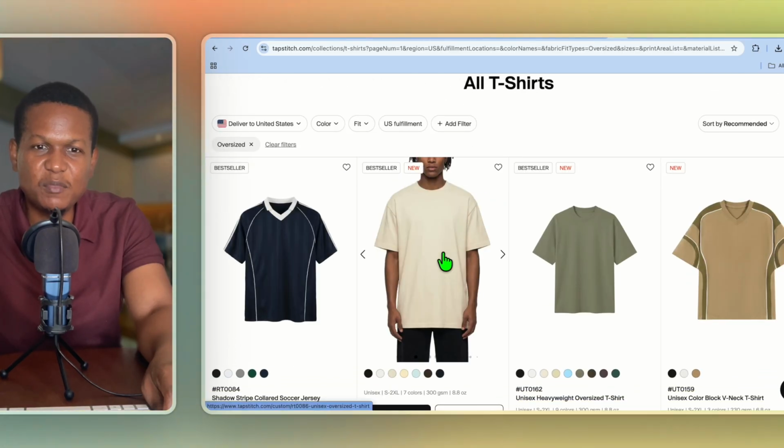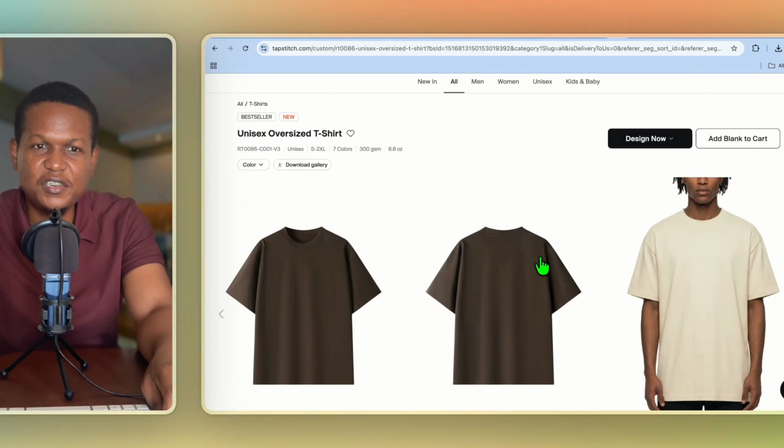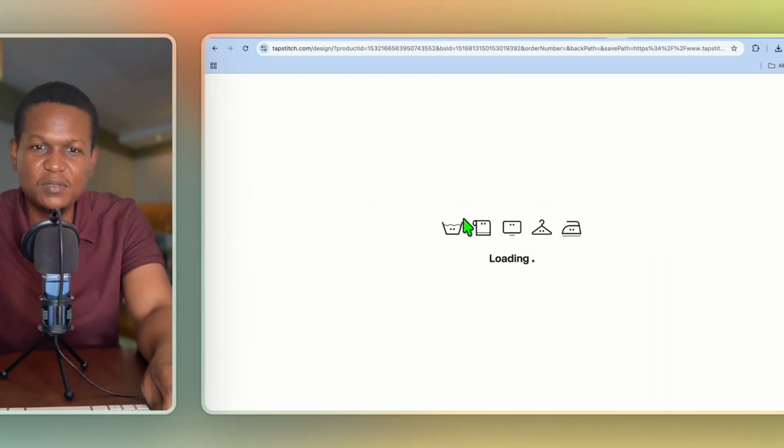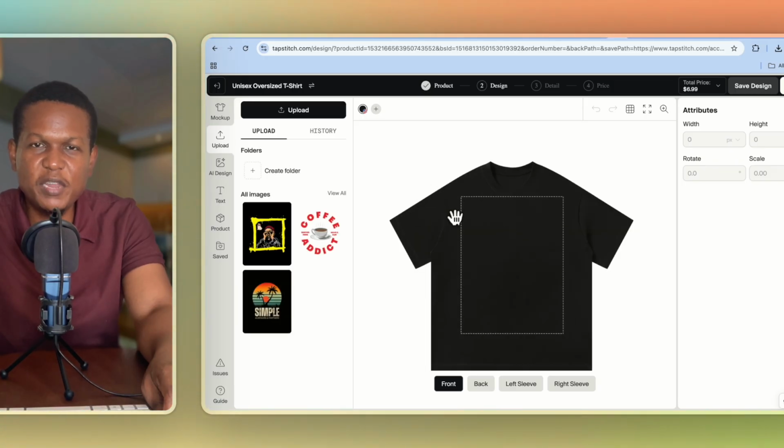Now, let's say, for example, I would like to add it. I'll simply select the t-shirt. After you have selected the option, you're just going to tap on Design Now. Once you have selected Design Now, you'll be redirected to the editor page, and this is where you'll be able